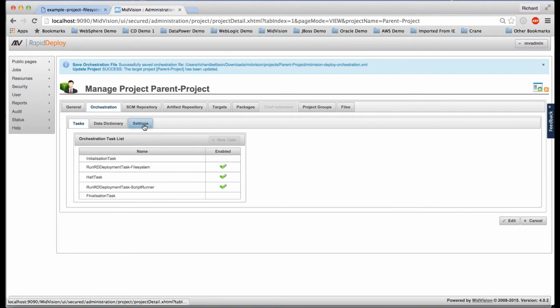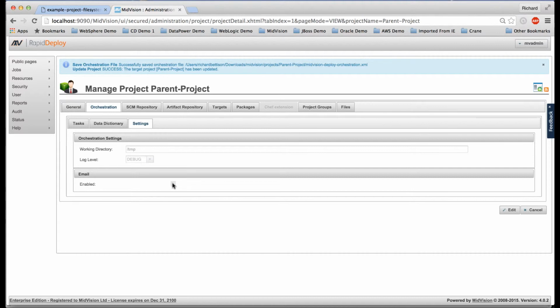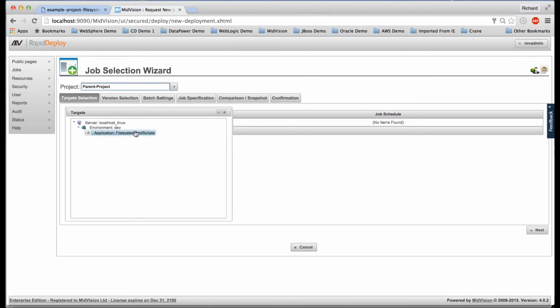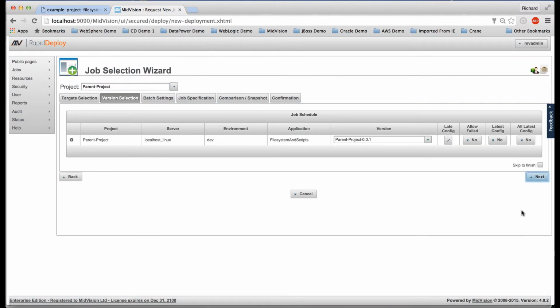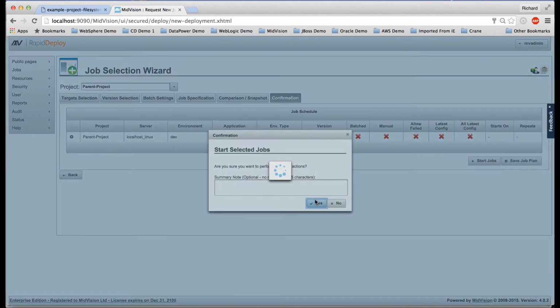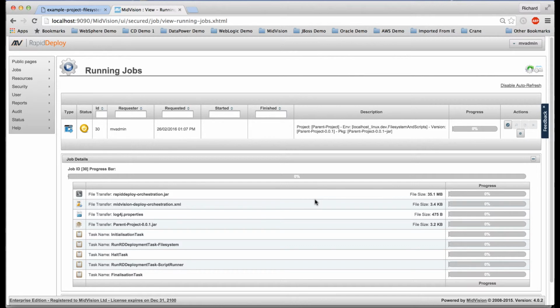And if you want to see where the emails are going to go, then you need to enable email here and specify some email addresses. Emails will always be notified at the end of the deployment, but they will also be notified at various points in the deployment if you put a halt task in. Okay, so let's try running that job again. Right, so we're now running that job,